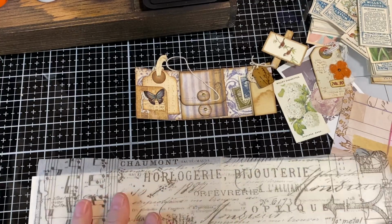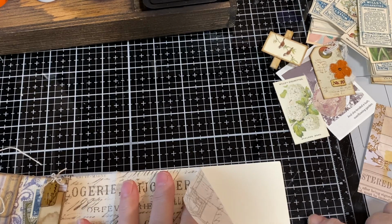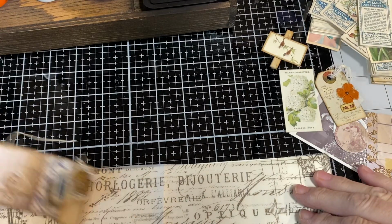Because I want, let's see, what size is this? 1, 2, 3, 4. This is 4 inches. Will that work? Well, I can trim it down. Okay, so what I'm going to do